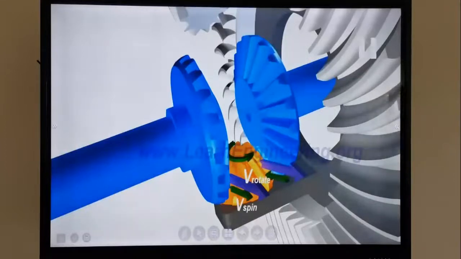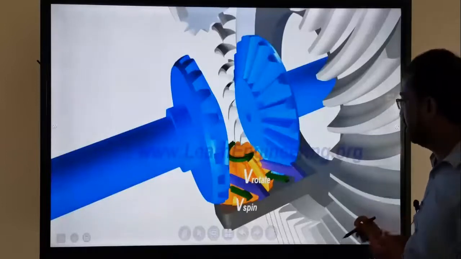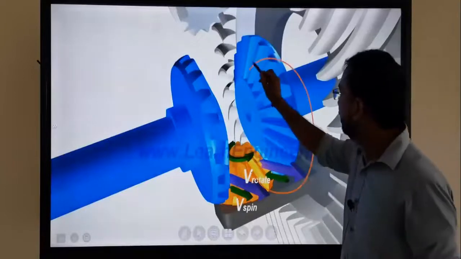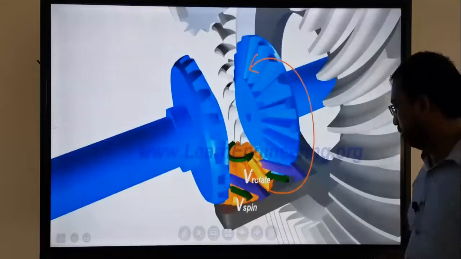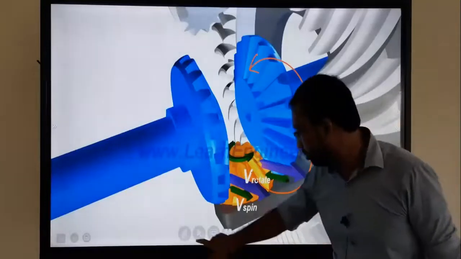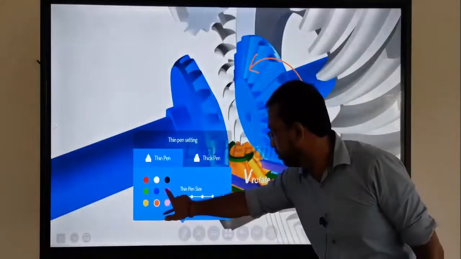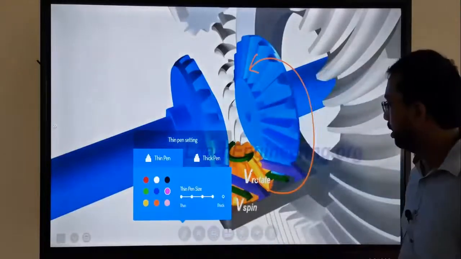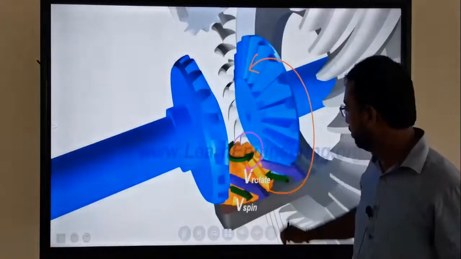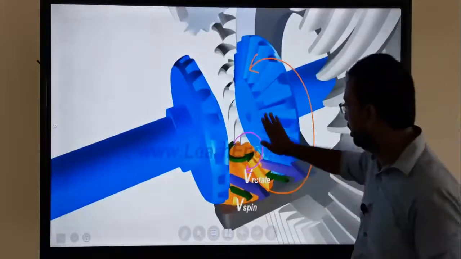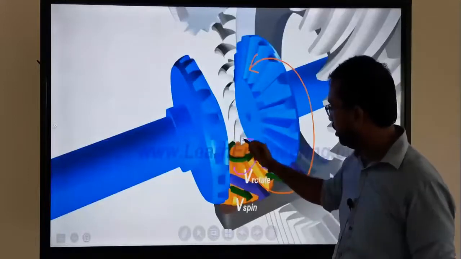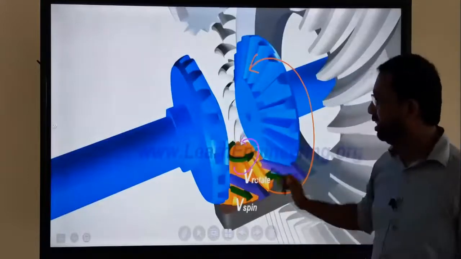So now how is it achieved? I already know there are two rotations. One rotation is like this. Clear? The other rotation is like this. Sorry, the other rotation is the green. It rotates like this. So there are two side gears.